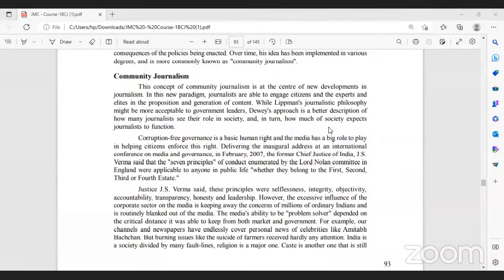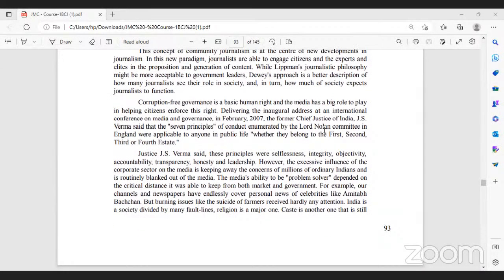Dewey's approach is a better description of how many journalists see their role in society. So how much of society expects that we should work according to that, so that it caters to society? Corruption-free governance is a basic human right, and media has a big role to play in helping citizens enforce